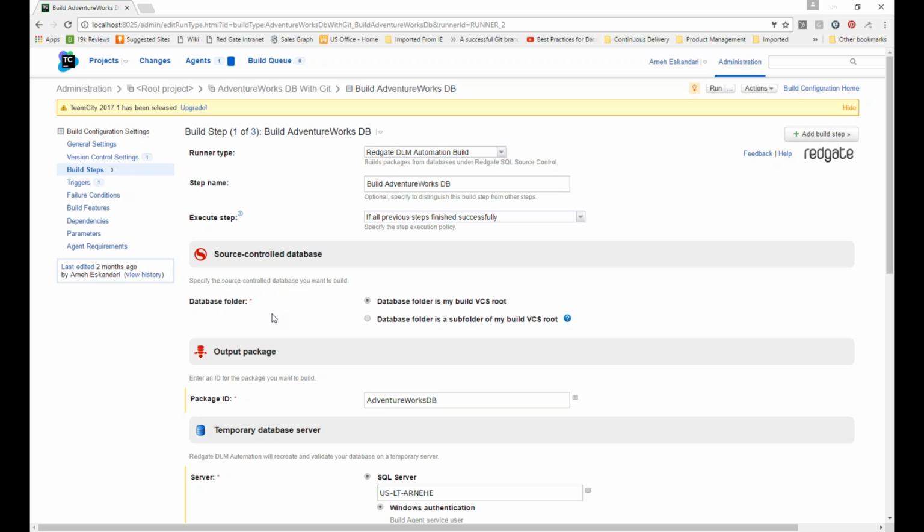The reason why it's a good idea to always use a lockdown package as your source of deployment is because source control can change anytime, right? So someone could go ahead and merge a change into master. So comparing directly from source control to your higher environment may not be a good idea in those cases. So for that reason, we package up the database into a NuGet package to make sure that you cannot modify it and that you're going from the same state to all of your higher environments all the way